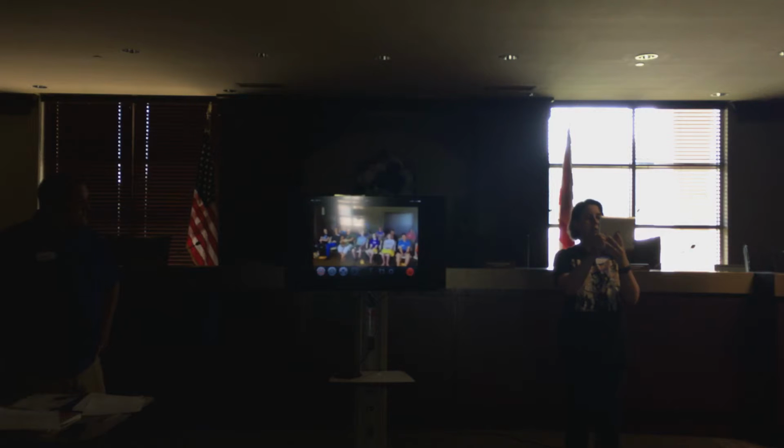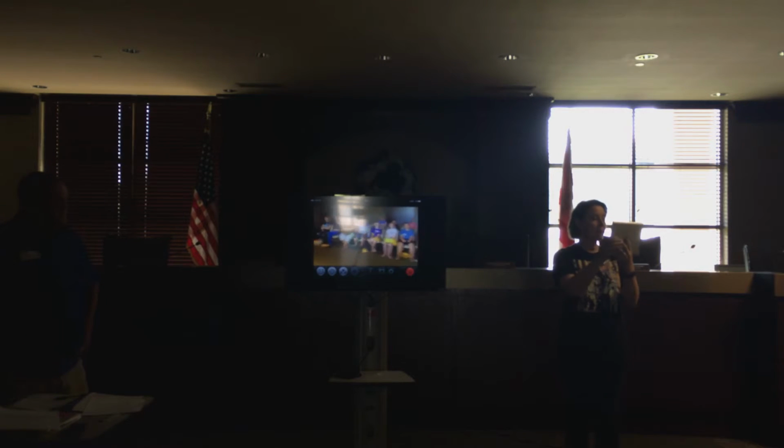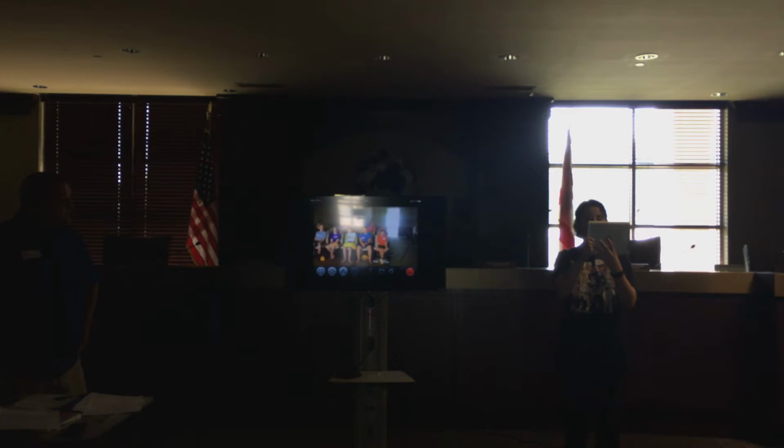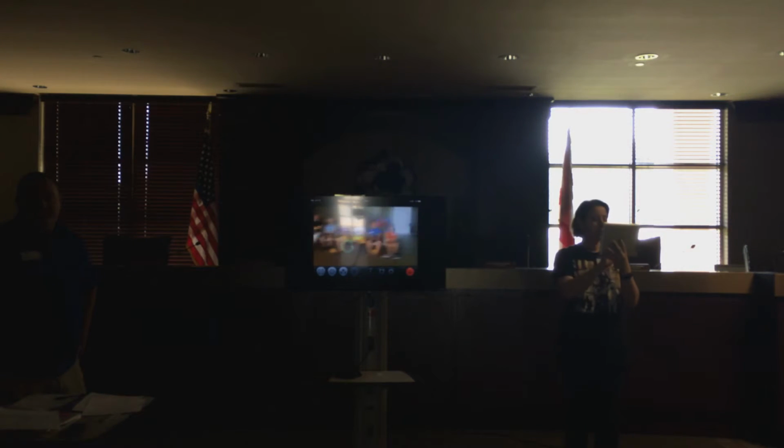If I don't have that locked, watch what happens when I pan past the window. Do you see how it gets darker? Now what if I don't want it to get darker? You see what I mean? I want us to continue being able to see what's going on out here. If I haven't locked that exposure, then it's going to change just like that. Which is why, if I don't have my focus locked, it's going to do the same thing. If you watch the screen, it's kind of jumping a little bit. People are sometimes a little bit blurry. See? So this is one of the things about this app that I like, is that it allows you to actually lock those two things in.